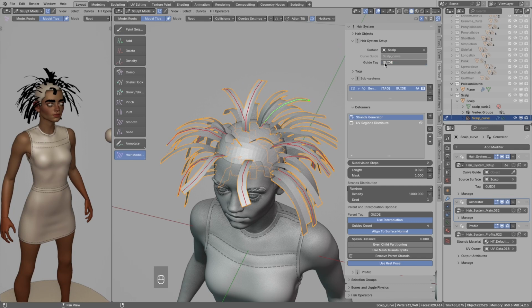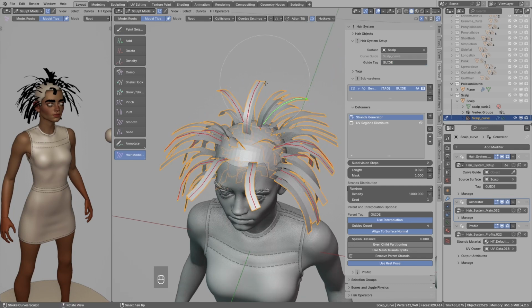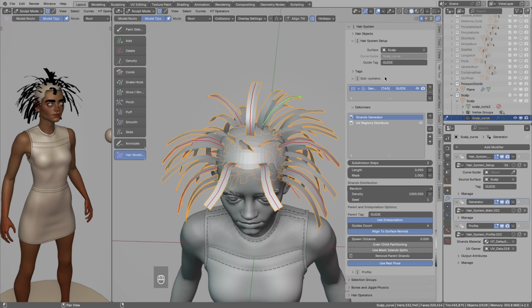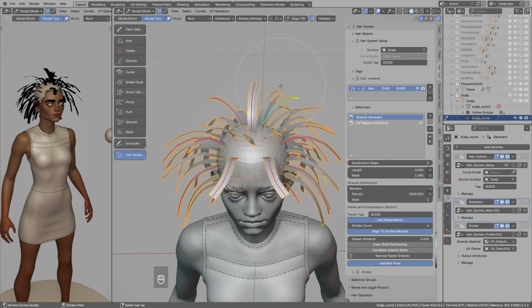And this means that another hair system can use those strands and, for example, use them for interpolation. To do this, we have to go to the second hair system and set the parent tag to the strands we want to use as guide.